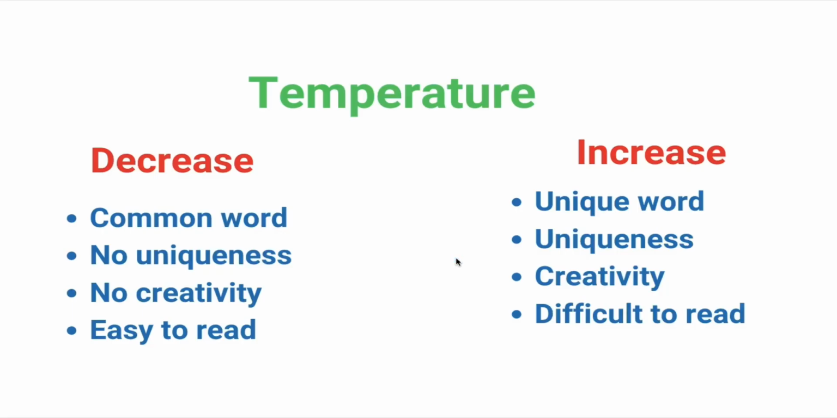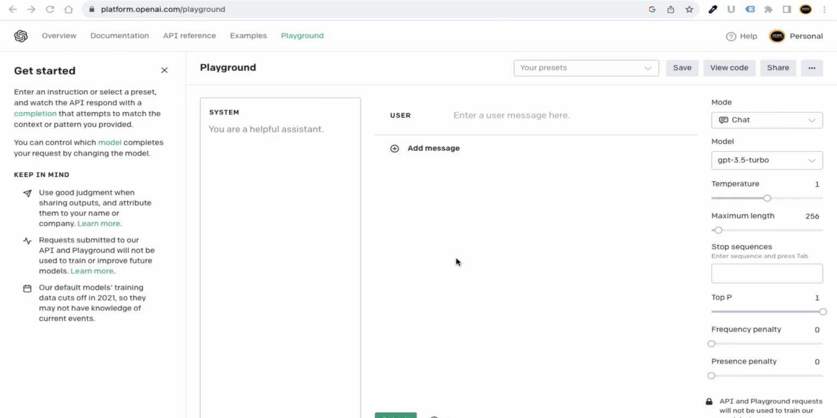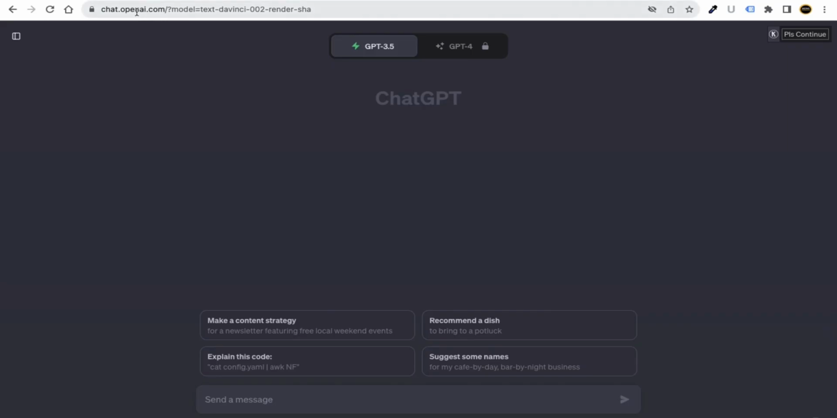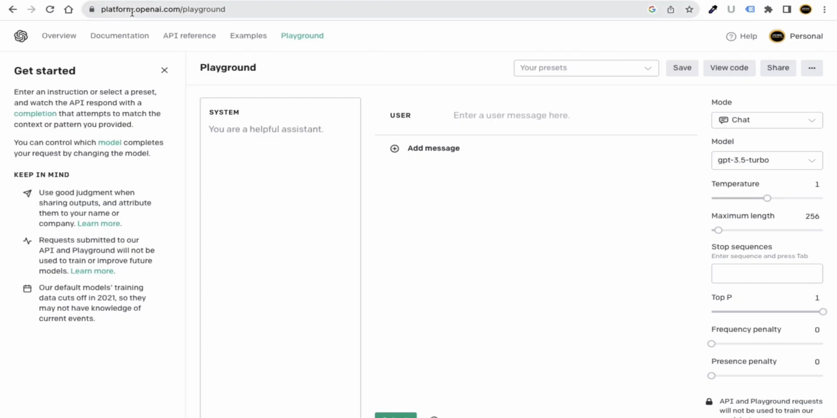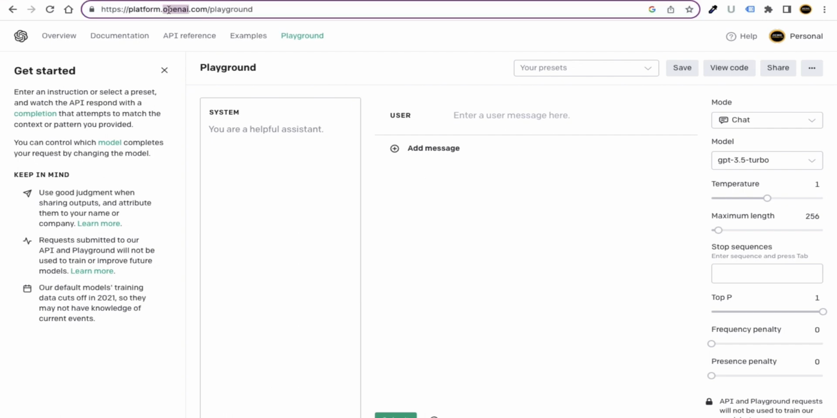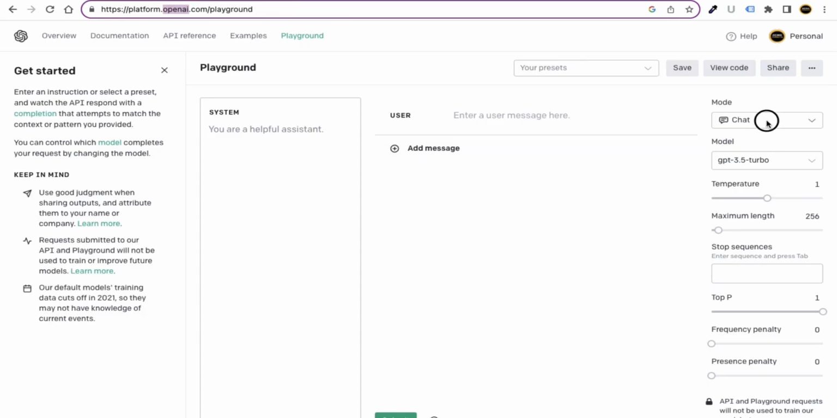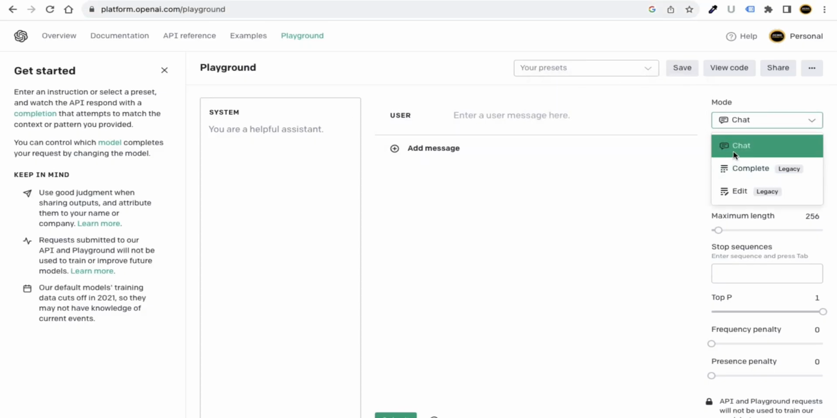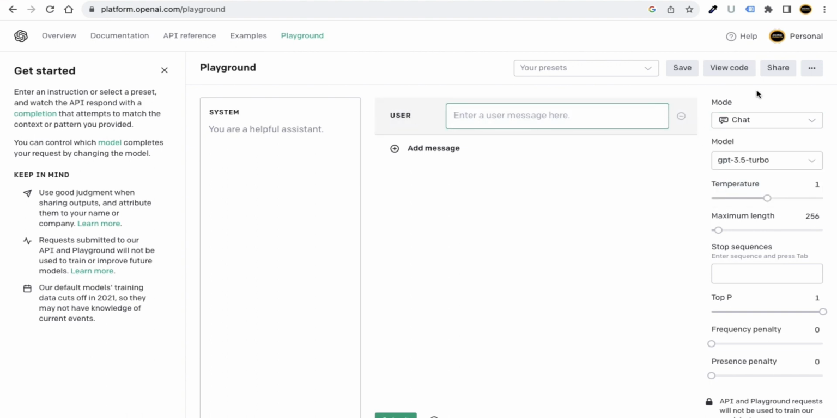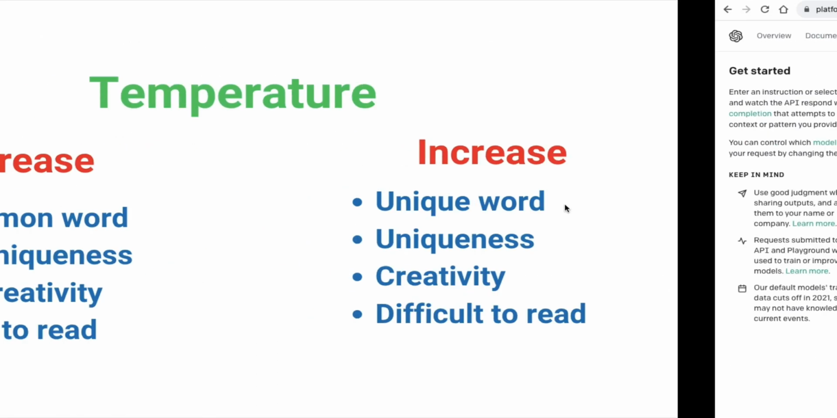Now guys, it is very important to understand some terms, like what temperature is. If you go to platform.openai.com/playground, which is like ChatGPT and is made by OpenAI, Playground is also a platform of OpenAI itself. Here you can see the mode. What mode do you want? For example, if you go with chat, and now the model, as I have told you in the previous classes,